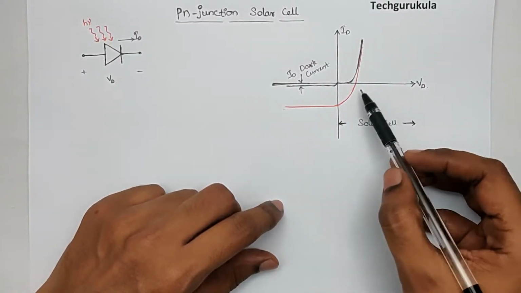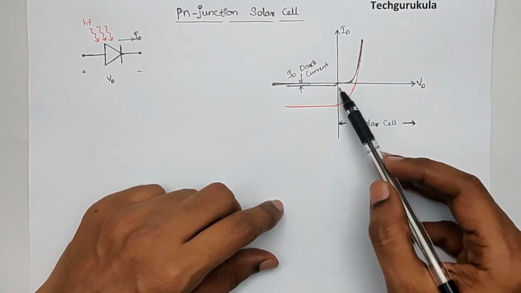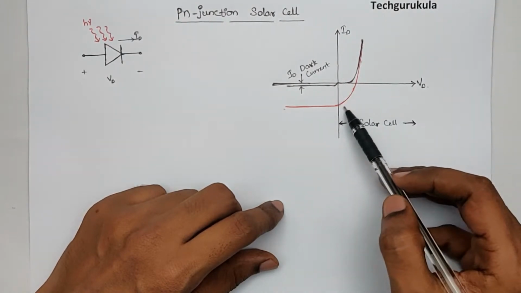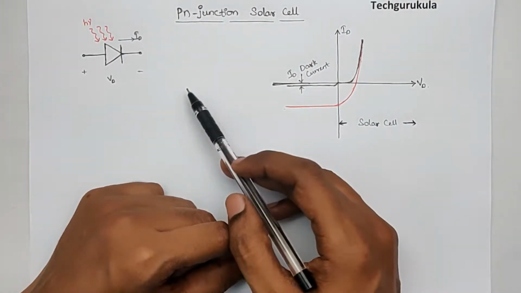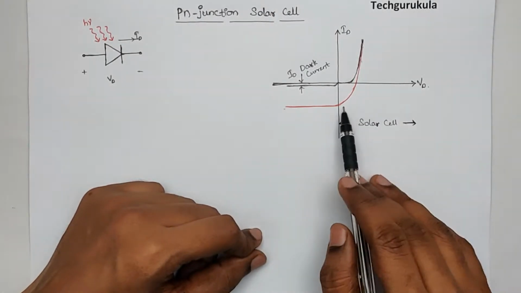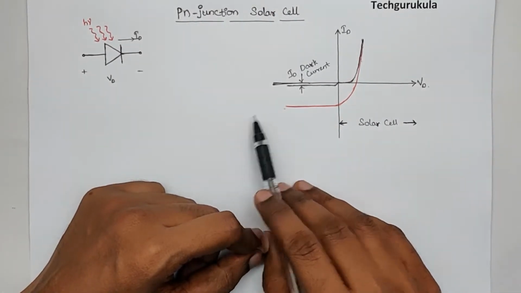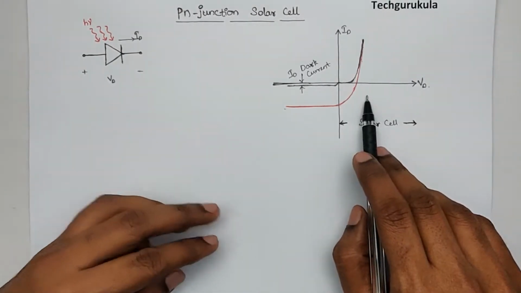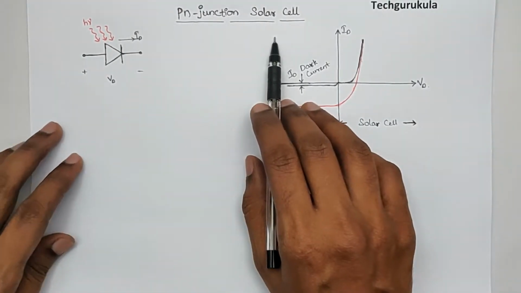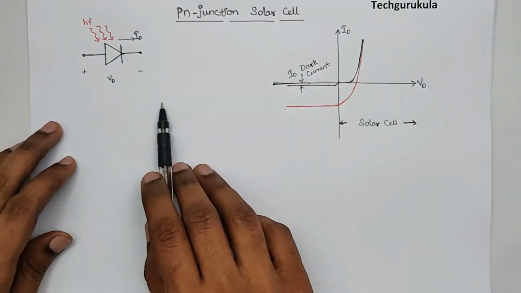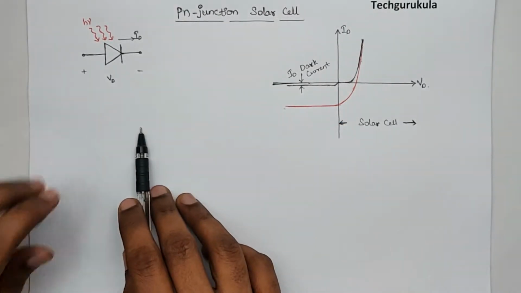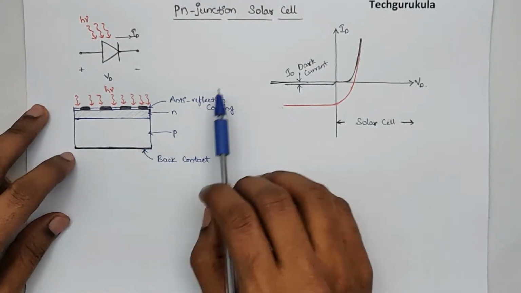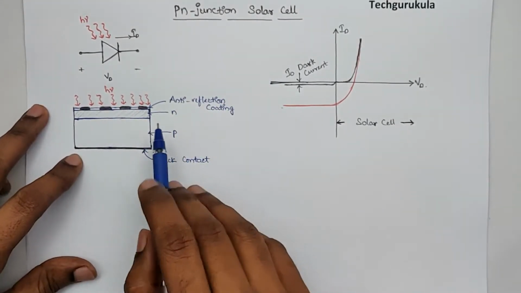But in order to take the full benefit or harness the characteristics in this region, we cannot use a normal diode. The diode should be manufactured in a specific way to enhance and use the characteristics in this region. So that's why the PN junction solar cell is manufactured in a very specific way. I'm going to take that structure here. This is how the structure would be of a PN junction solar cell,